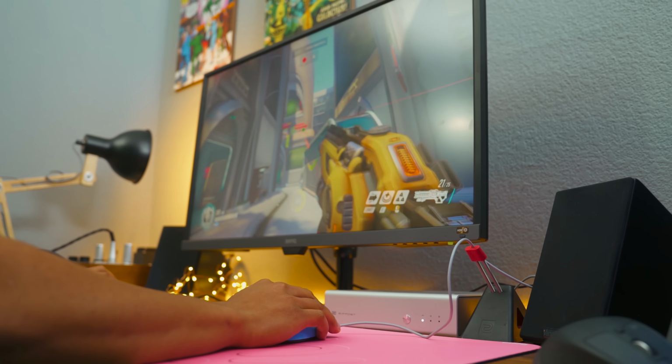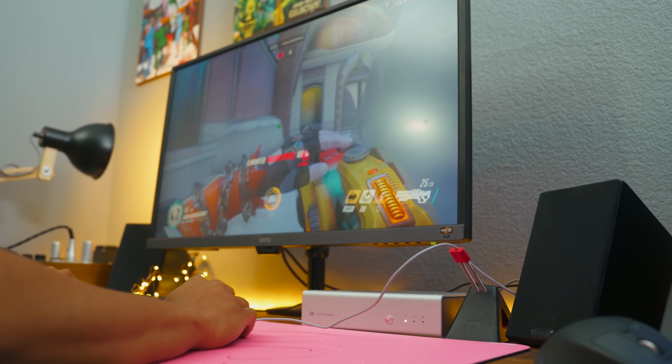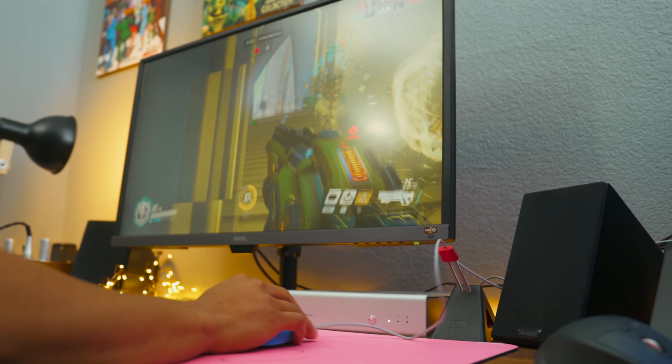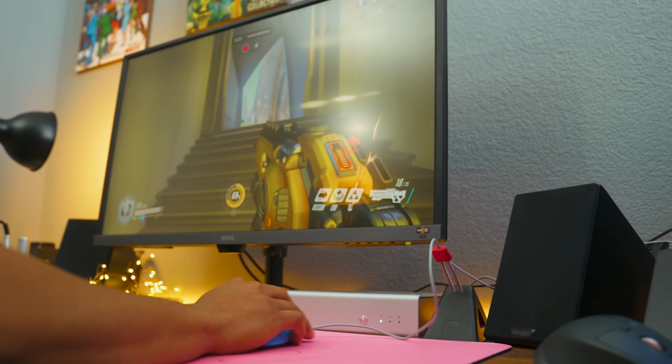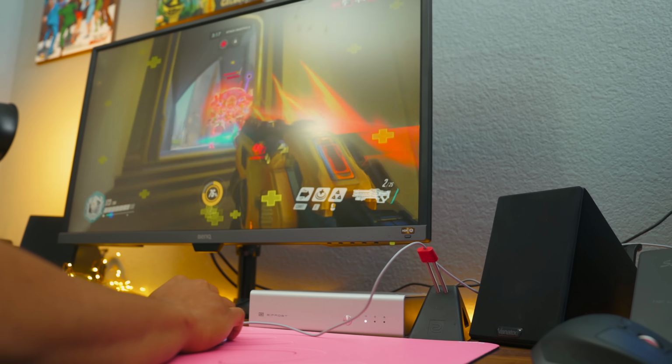So far so good, right? Everything sounds great, but how does this thing perform in game? Let me tell you guys, whether you're a sniper, projectile, or hit scan, this mouse can do it all, and it does it really well. There's a reason why this is one of the most used esports mice forever. This thing is on everybody's desk,